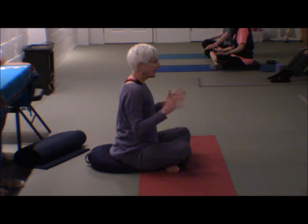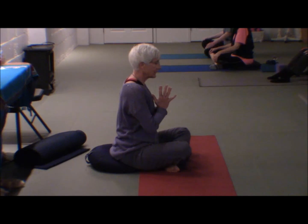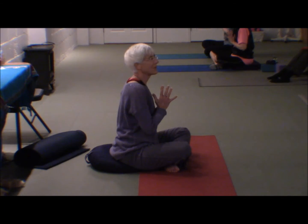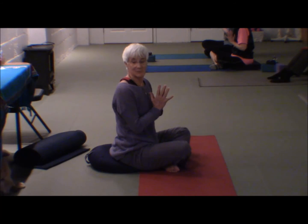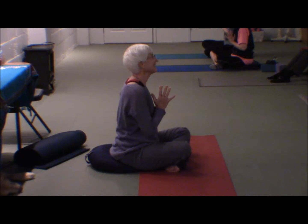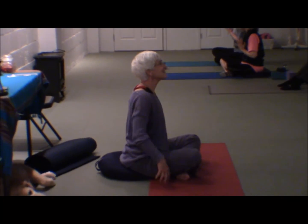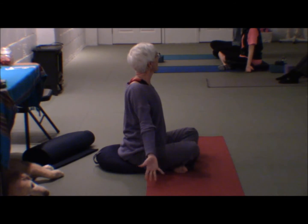And next we'll bring our hands mirror images of each other in the mudra called Anjali Mudra, which really is symbolic of yoga, joining together, to yoke or join together, which is what the word yoga means. And we could make an intention for our practice this morning, maybe staying present with the breath or the sensations of the body. Good. And then we'll exhale, release our arms, and then let's turn our palms out,